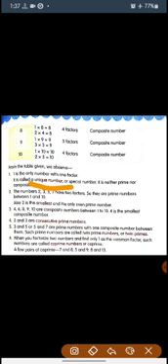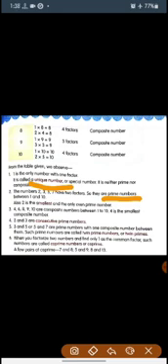The numbers 2, 3, 5, 7 have two factors, so they are prime numbers. As I have told you earlier, 2, 3, 5, 7 have only two factors: one is 1, and the other one is the number itself. Also, 2 is the smallest and the only even prime number.